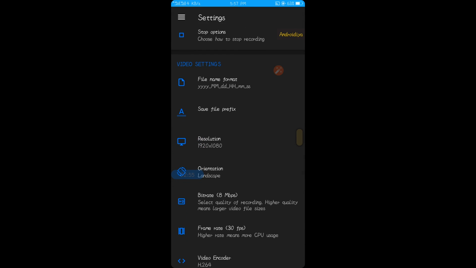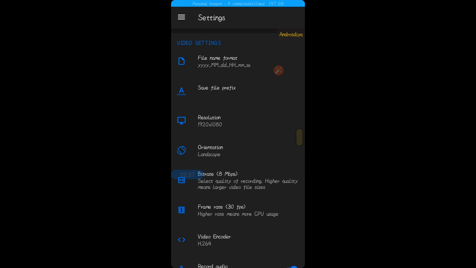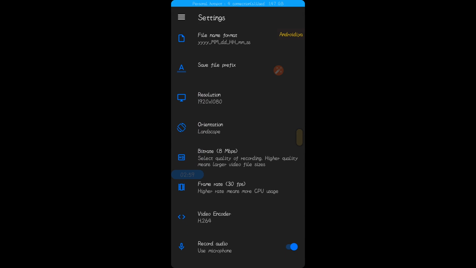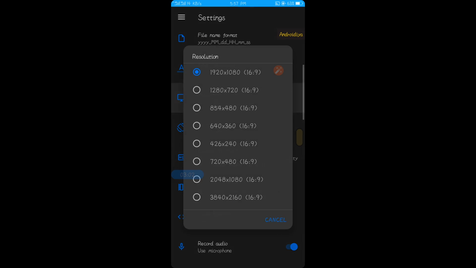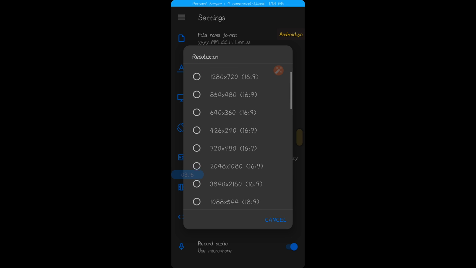Now you can see video settings. We have file prefix, file format, and resolution. Resolution is the best option here. So here you can see it offers a lot of options. Personally, I prefer 1920 by 1080, 16 by 9 aspect ratio. So it adds a solid black color to the blank area because I'm recording my screen on Android, so you can